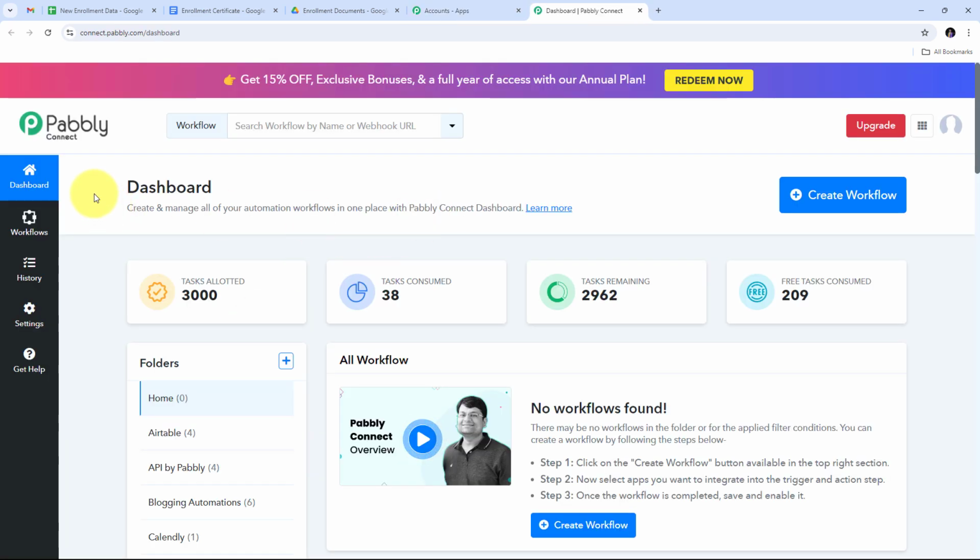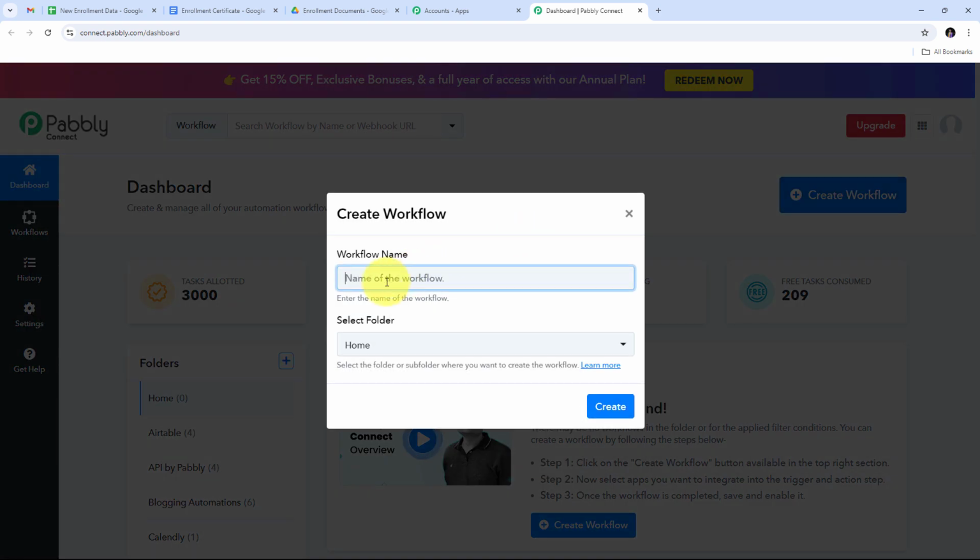And this will direct us to the dashboard of Pabbly Connect. Now here in the dashboard, what I need to do is create a new workflow. And for that, I'm going to click on this Create Workflow button, and this window will pop up. Now here I need to name my workflow. So I'm going to name it as my objective, which is to send course enrollment document via Gmail. Now what I need to do is click on create,